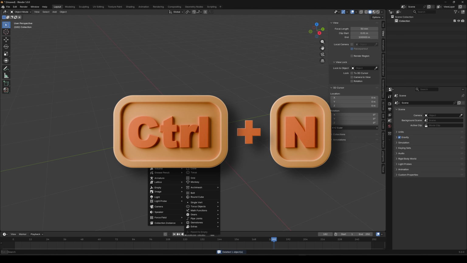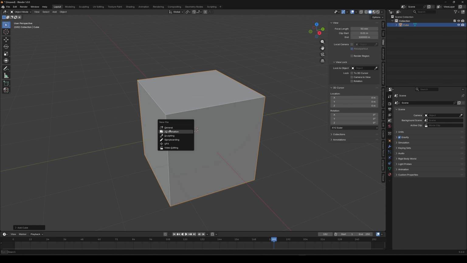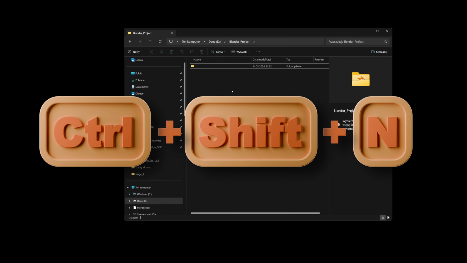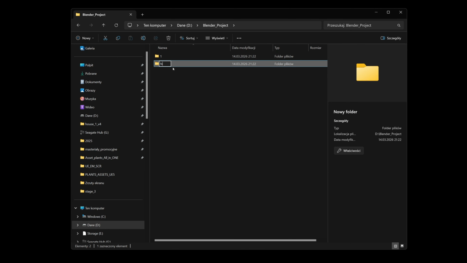Are you planning to create a new file or a new folder? Ctrl+N creates a new document. If you are in Blender, it allows you to create a new project file. Meanwhile, Ctrl+Shift+N is a general shortcut to create a new folder. Folders are extremely important for keeping your work well organized.